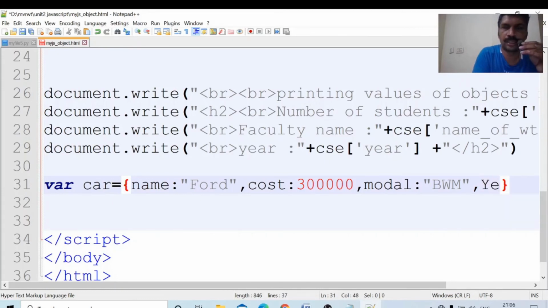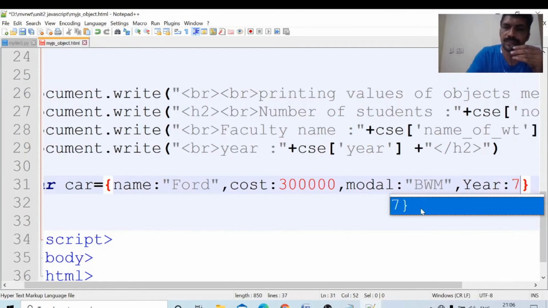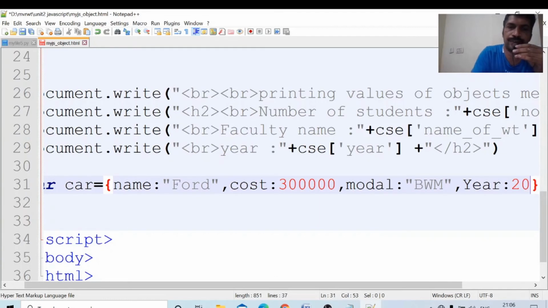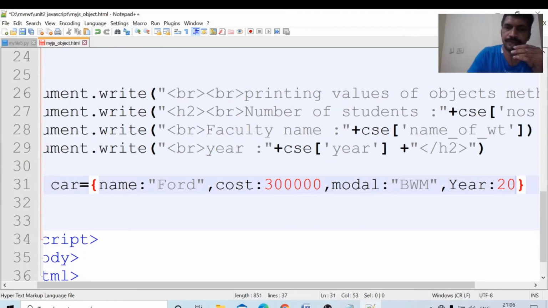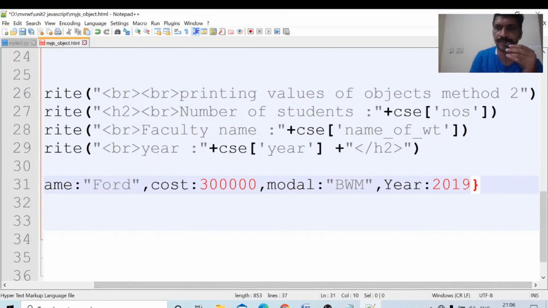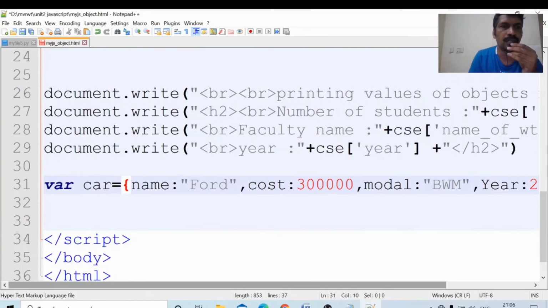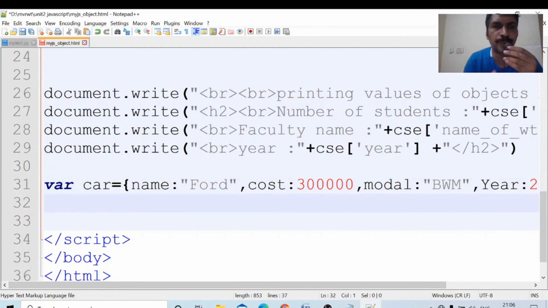Suppose the model is BMW. Okay, in which year is it manufactured? Year, colon, 2020, 2019. Okay, this is one way of creating objects.